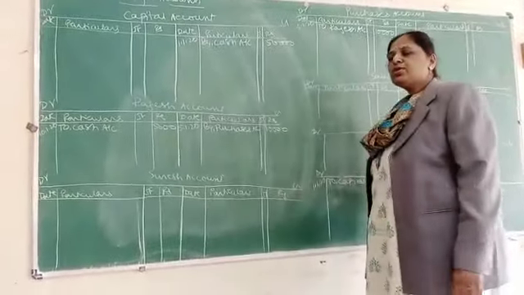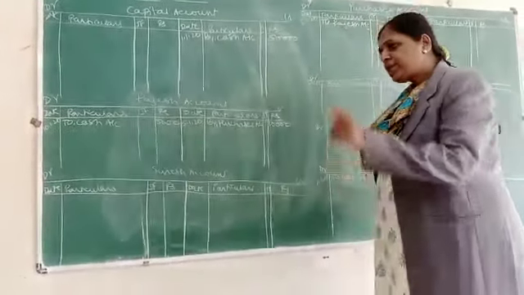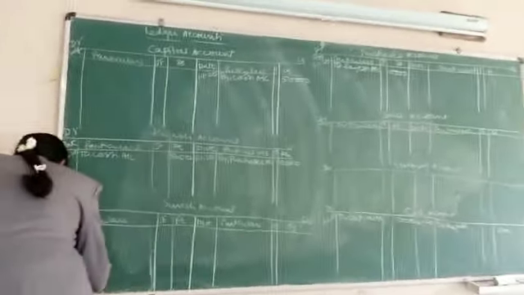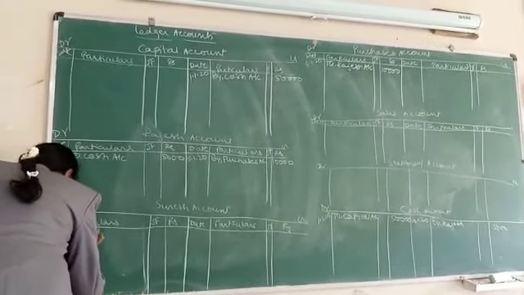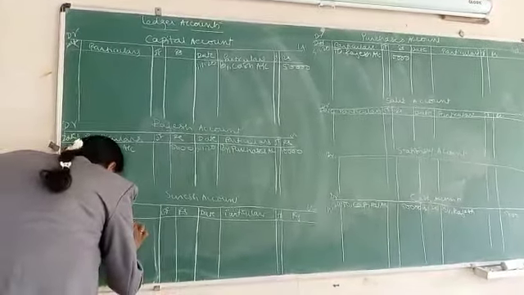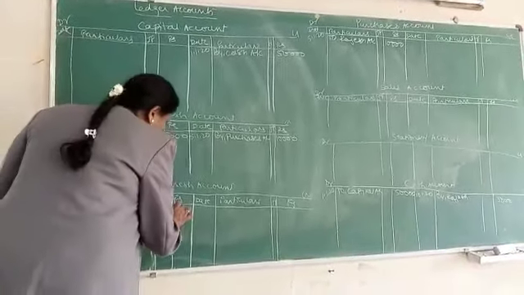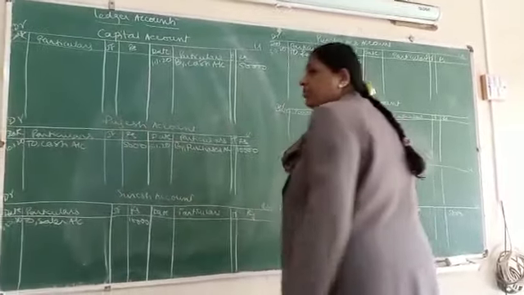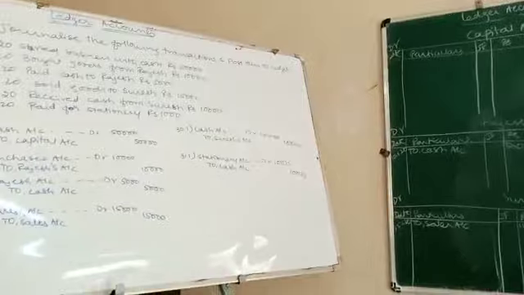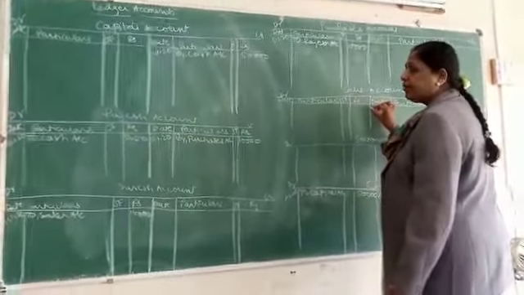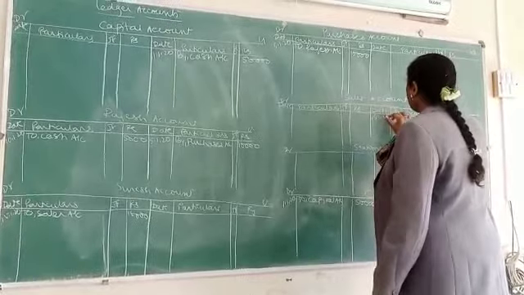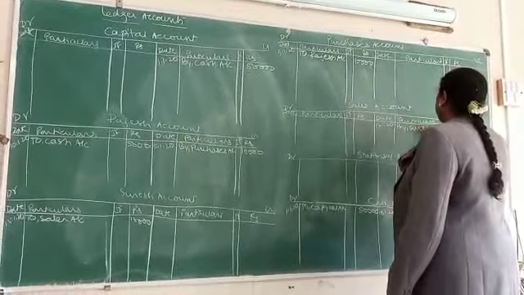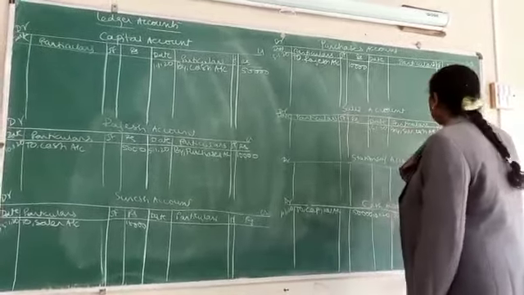Come to the next. Suresh account debtor to sales account. Suresh account is debited. Come to the debit side. Write 15/1, to sales account. Write the amount 15,000. Come to the sales account. It is credited. Come to the credit side. Write the date 15/1. Sorry, by Suresh account. Write it as by Suresh account, 15,000.